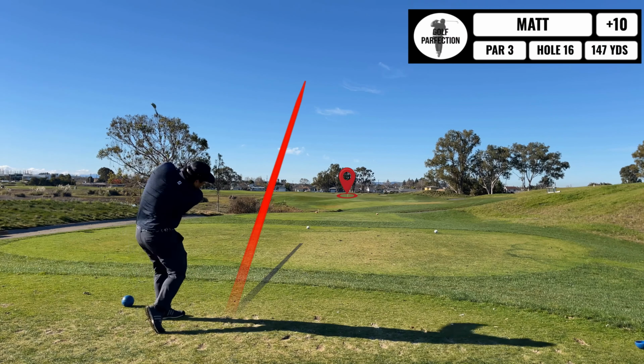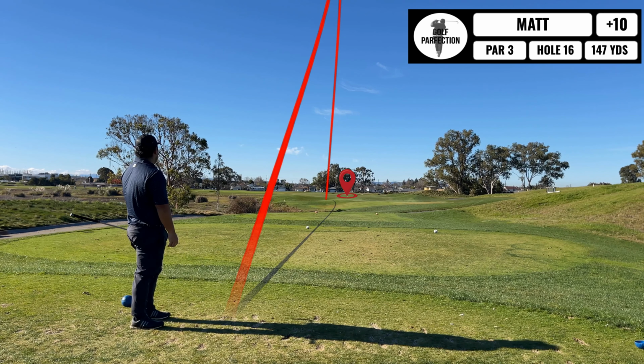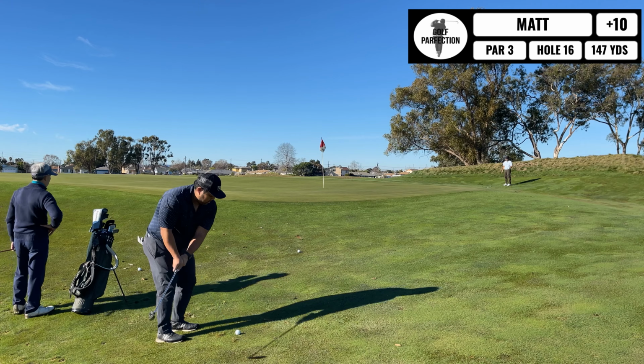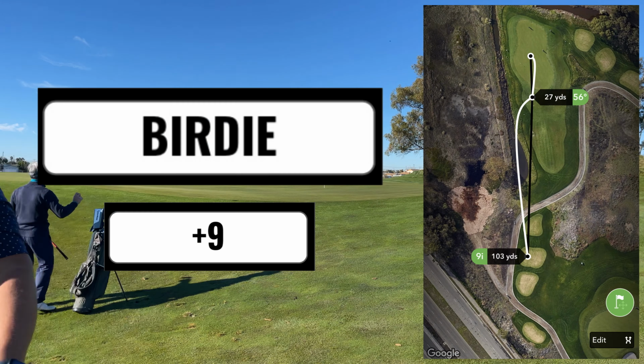All right, next up is a short par 3. This green can get pretty dicey depending where the flag is. This is in the front, and so this chip, because I'm short, is going to be kind of dicey. So here's the chip attempt. Yeah, not gonna lie, I'm gonna toot my own horn here. I actually end up making this, and yeah, so another birdie, 9 over at this point,